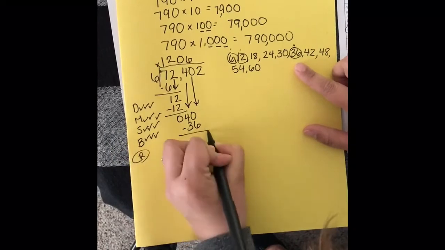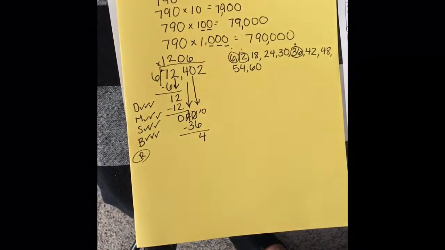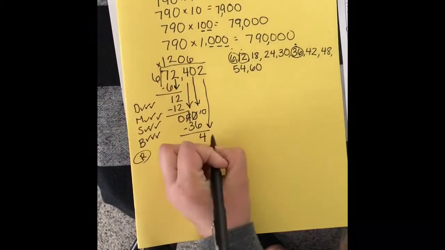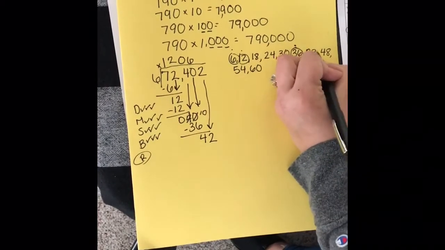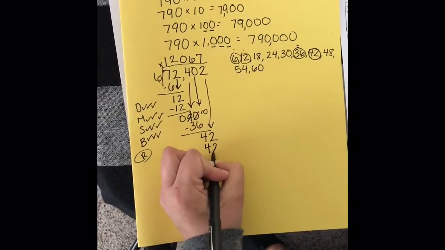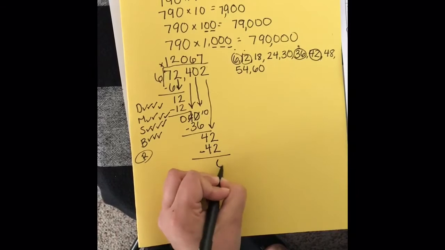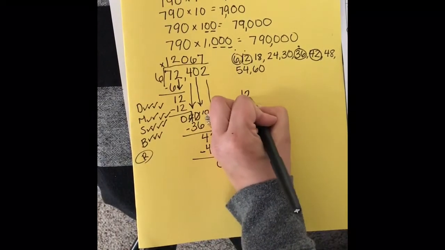Now I can subtract, and I'm left with 4. So 6 can't go into 4, so I bring down my 2. Trying to get as close as I can. Look, if I multiply by 7, 7 times 6 is 42. And I subtract, and I'm left with 0. I have nothing left to bring down, giving me a quotient of